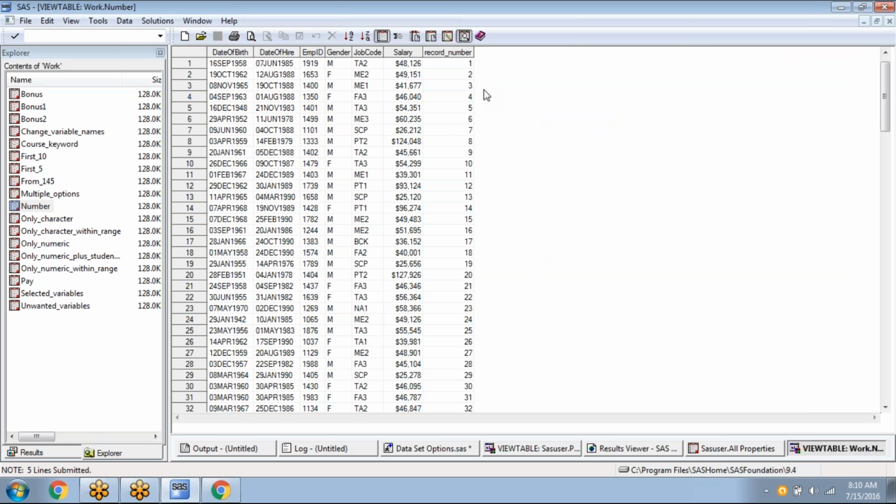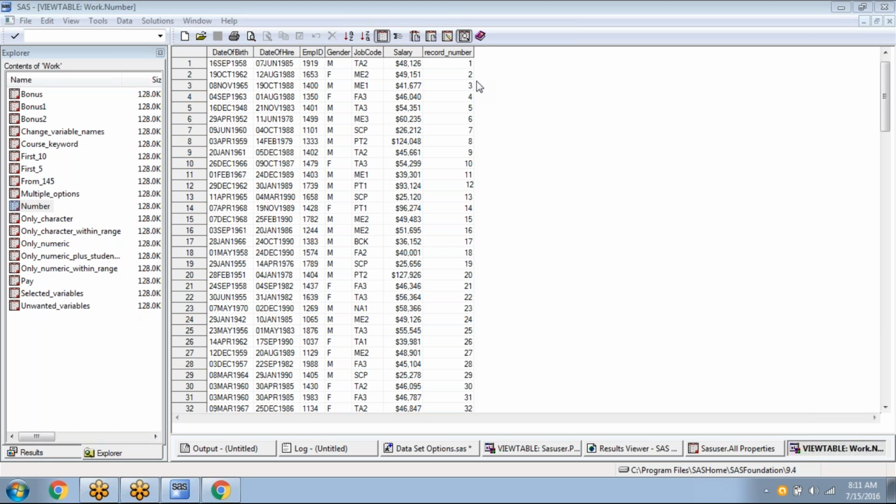How to do that? Any guess? What could be the logic? I want to read every fourth record. So if I divide _N_ by 4, and if the result is 0,